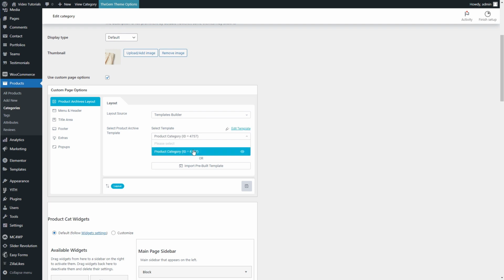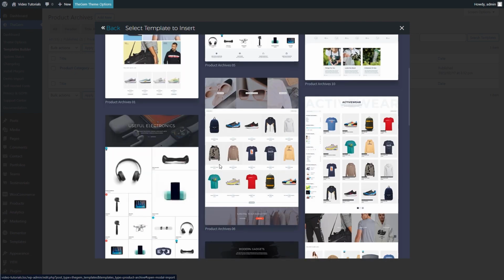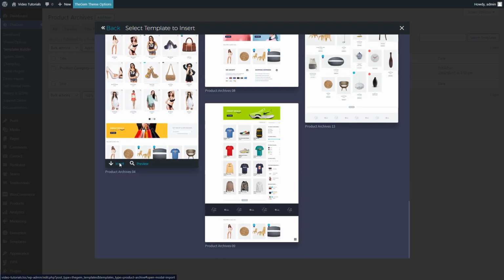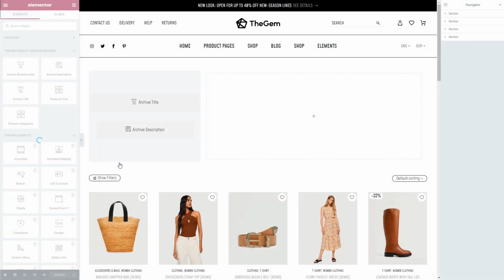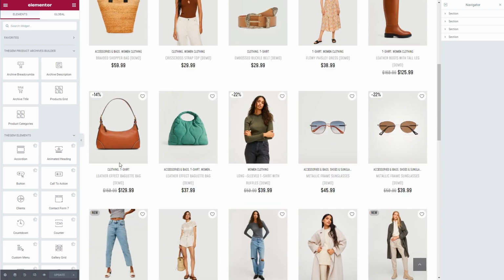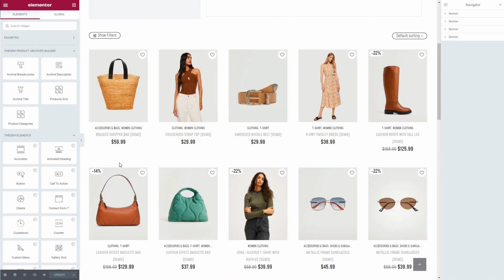Now, instead of creating another product archive template from scratch, I will use a template from TheGem's library of pre-built templates. I click on Import Pre-built Template. And in the pop-up, I select the template I like to apply. The editor starts loading, and the chosen pre-built template appears in the editor ready to be modified. I like the template I selected as it is, so let's just save it